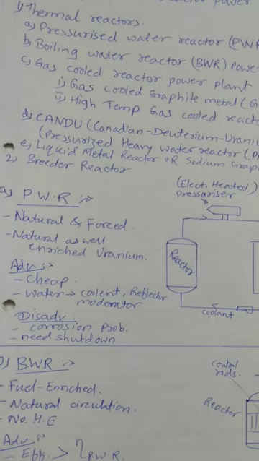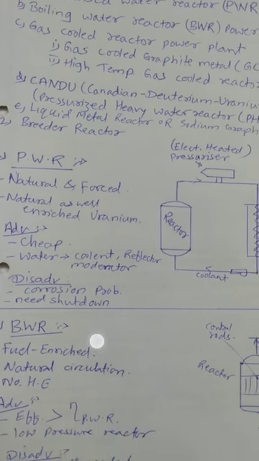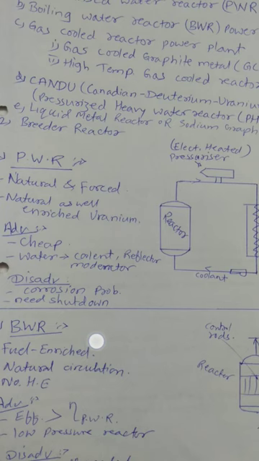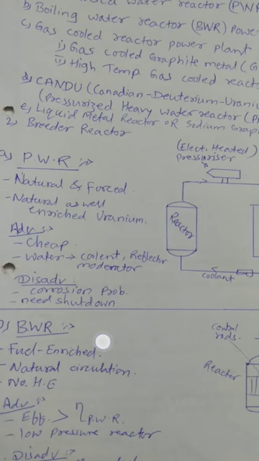As far as the advantages are concerned, it is a cheap reactor. Cost is very low, as we are using water as a coolant, as a reflector and as a moderator. All three functions can be performed with the help of water. Disadvantages: there is a corrosion problem, because we are using water, so there will be corrosion in the steam turbine and other parts.